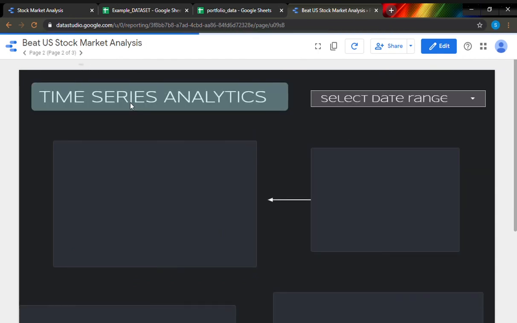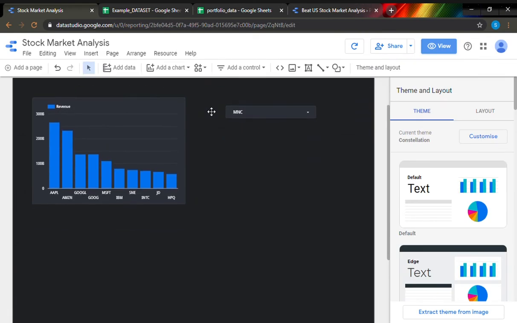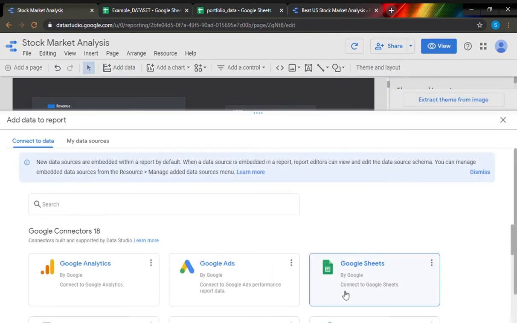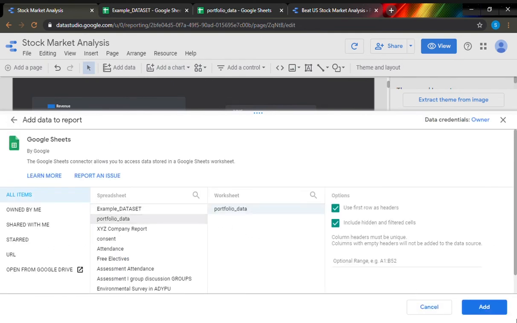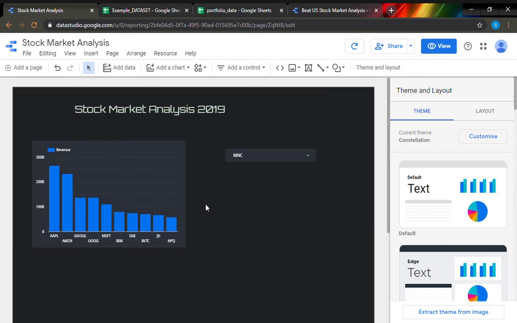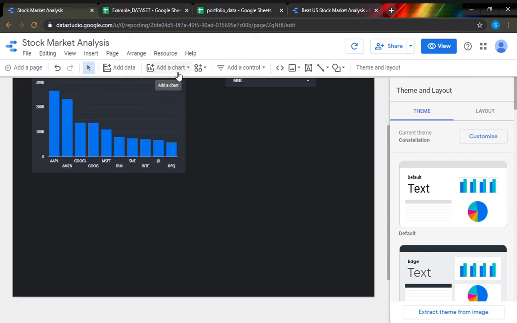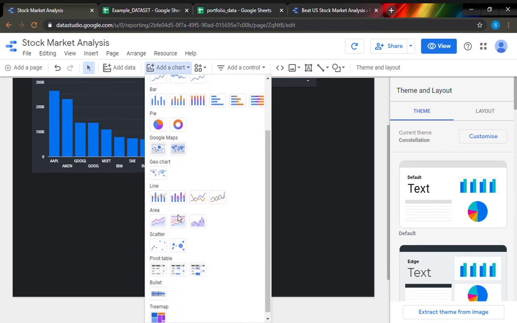As I said, we would be using time series analysis. For this it is simple. I will show here also. After adding data, let me add data of that portfolio. As our first dataset doesn't contain a date column, we can't create a time series analysis with that. So we would need a date column and a dataset with a date column. So here we can see there would be time series analysis.